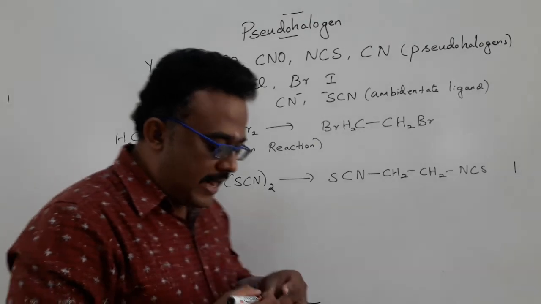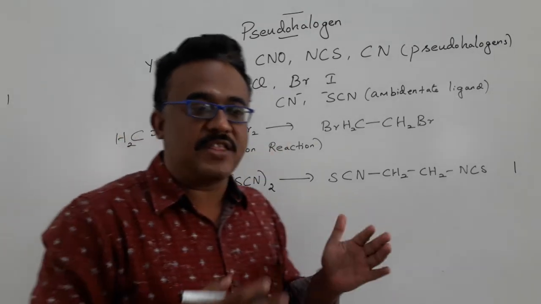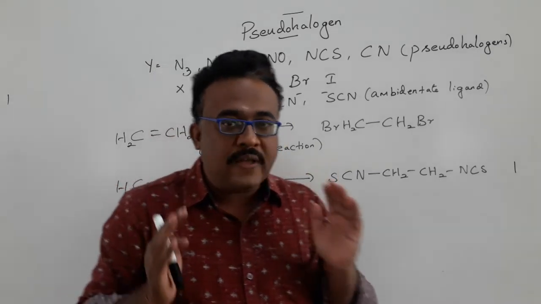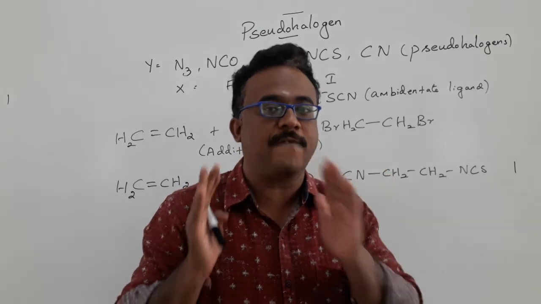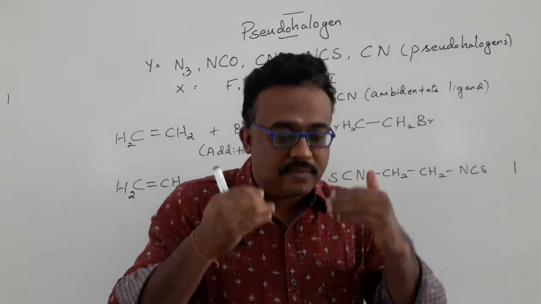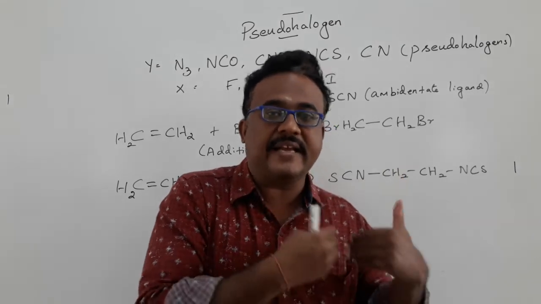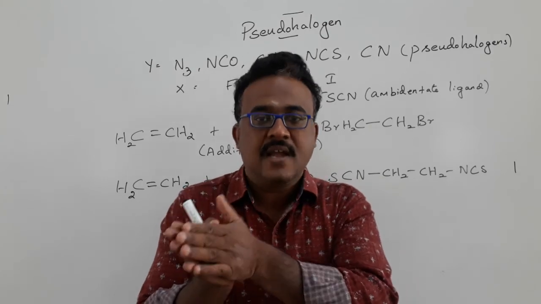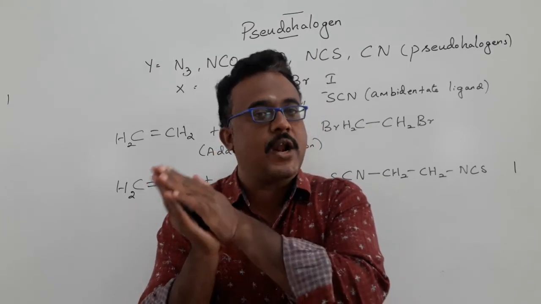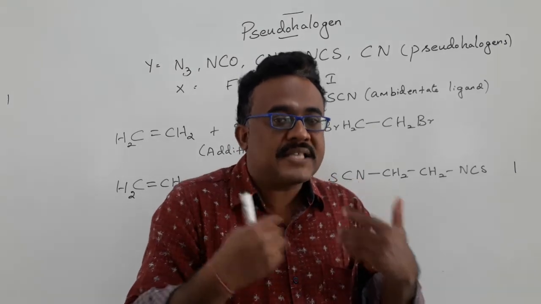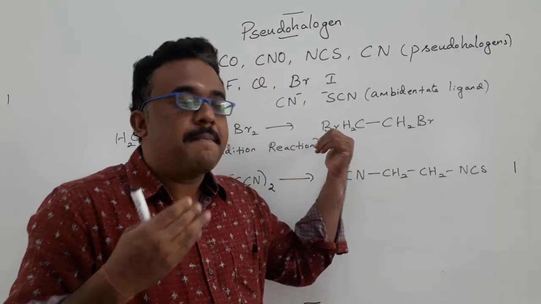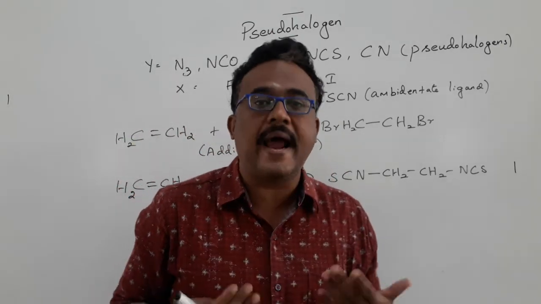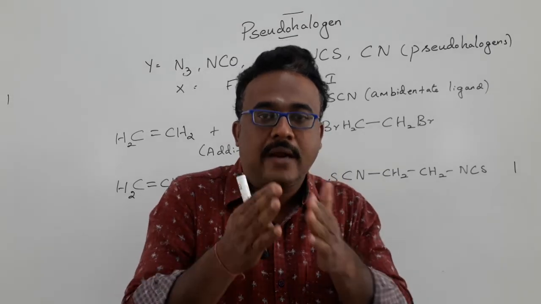These are some of the properties which closely match the halogens. Again I am repeating, we are very familiar with the chemistry of halogens or halides, and the behavior of some of the inorganic radicals is also very closely associated with halogen or halide. So we can easily keep in mind the behavior of the inorganic radicals. This is the concept of pseudo halogens, and I would like to conclude this session now.